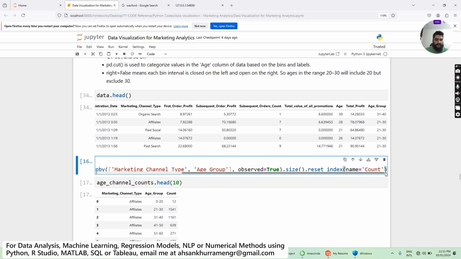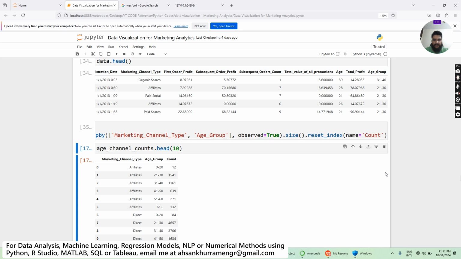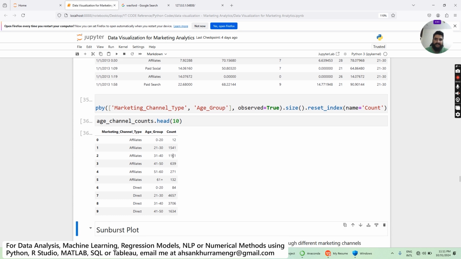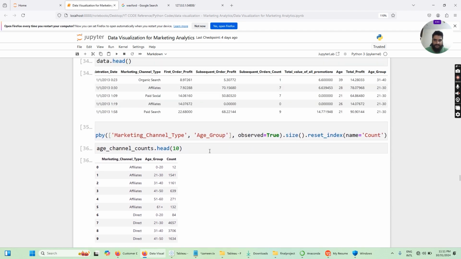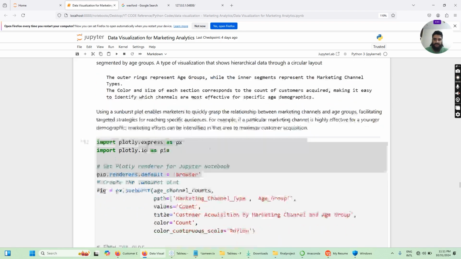So by doing that, we have created a data frame which looks like this. It has a column marketing channel type, it has a column age group, and it has the number of occurrences for a specific age group under affiliate marketing, and so on for the other marketing channels as well. So once we created that, let's move on and go towards the section of